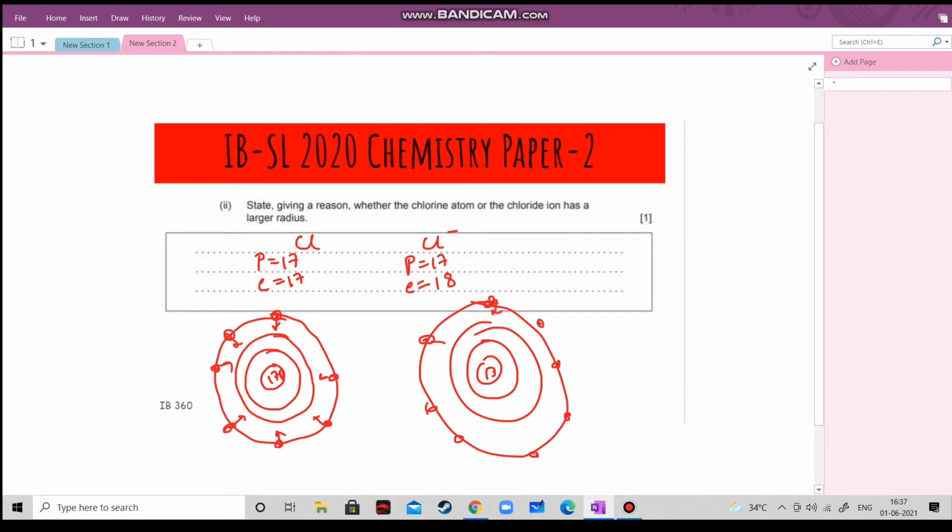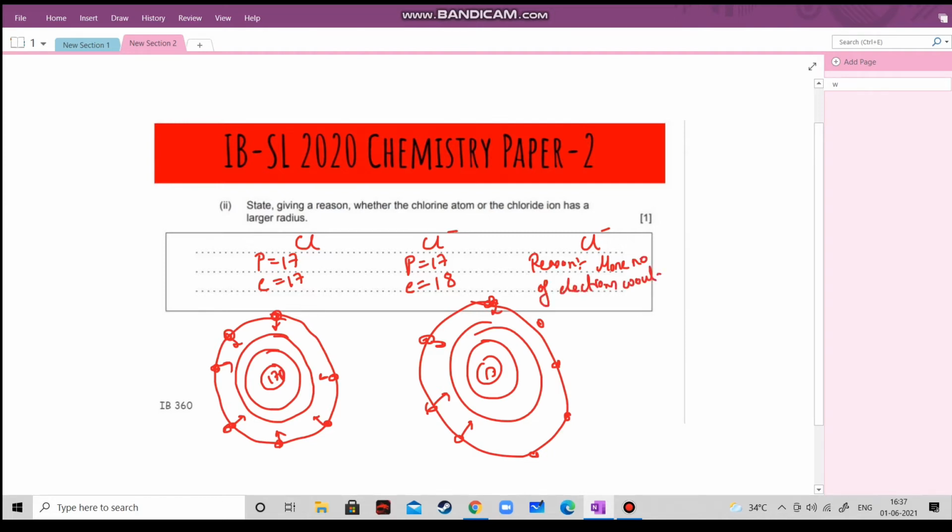Both of them will have the same attractive force, but as Cl minus has more electrons, the electrons in the outermost orbit will face more repulsive force as compared to the electrons of the outermost orbit of the chlorine atom. Due to this more repulsive force, the radius would be larger for Cl minus. So here the answer is Cl minus, and the reason is more number of electrons